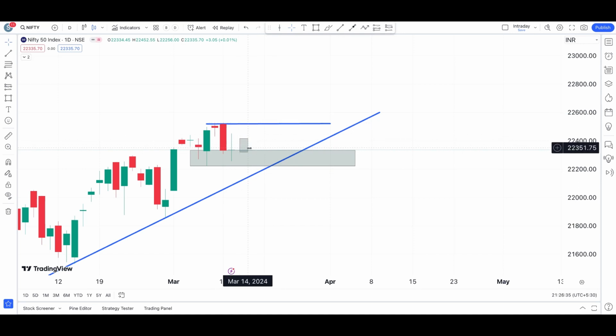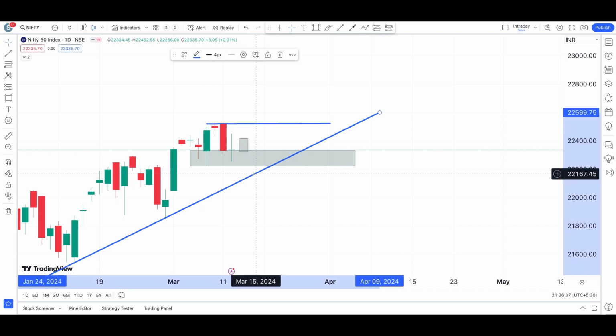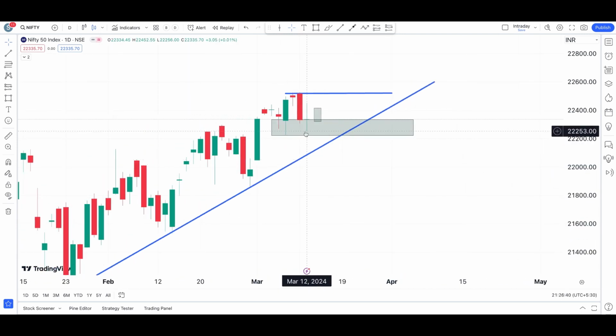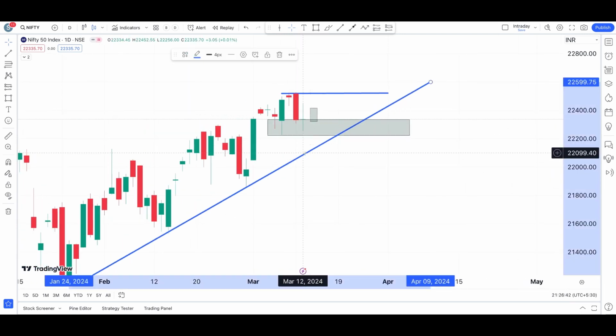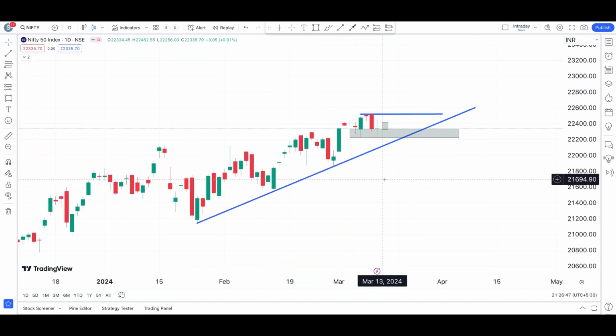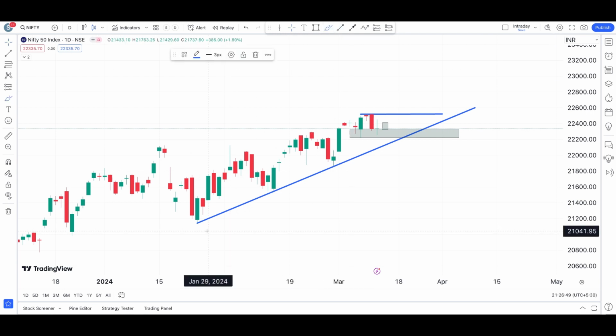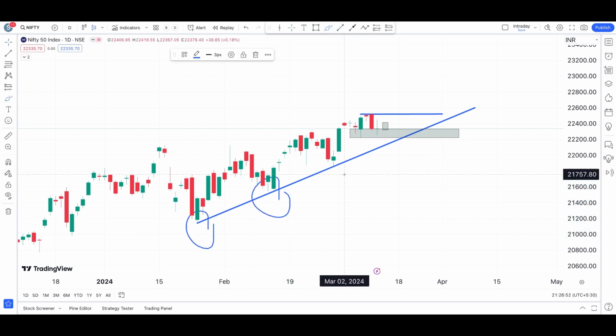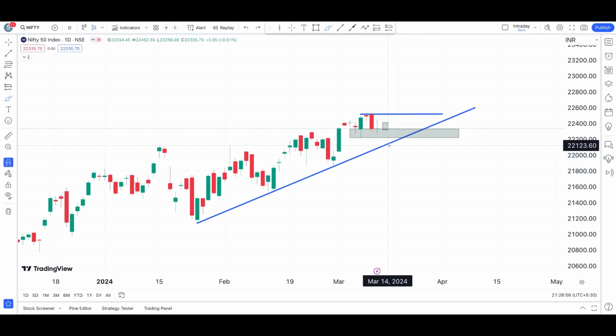But for any reason, if it starts to fail and starts falling down, then the next level to watch is definitely this trend line, because this trend line is very well established in the Nifty. As you can see, we have good solid points supporting this trend line. So these are the 3 points. Now you have to wait and watch what's going to happen. As of now, it is at the support region, so you should wait for the breakout towards the downside, or if you see a green candle, then from tomorrow you can be a little bullish towards the upper side. That is how things are looking here.